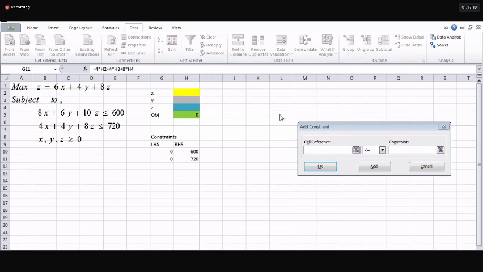Okay, now from this side, we have to enter the left hand side of the first one. So I have to select this cell, left hand side. Then for the right hand side, also click this constraint part. Then you have to select the right hand side of the first constraint. Then